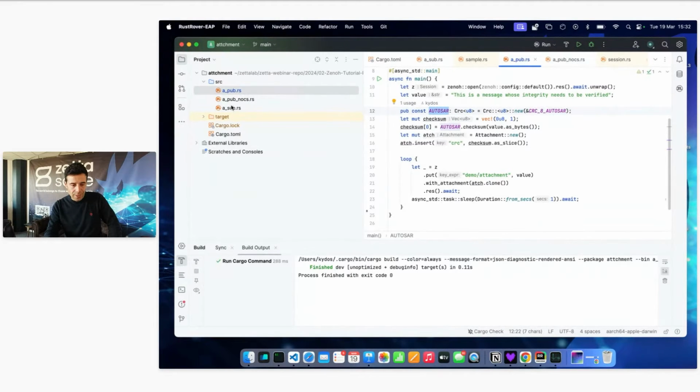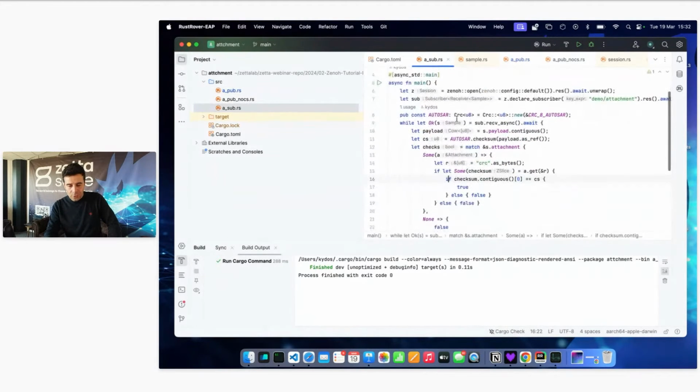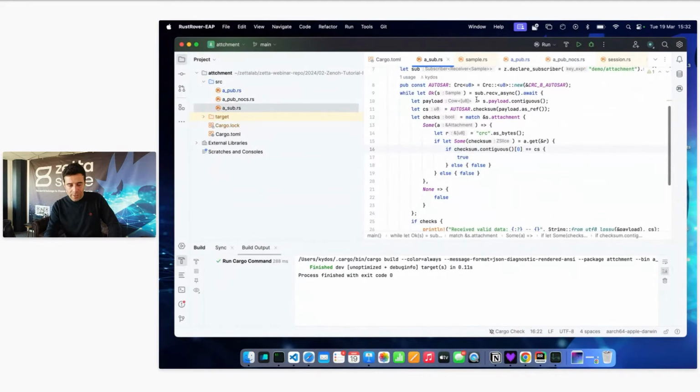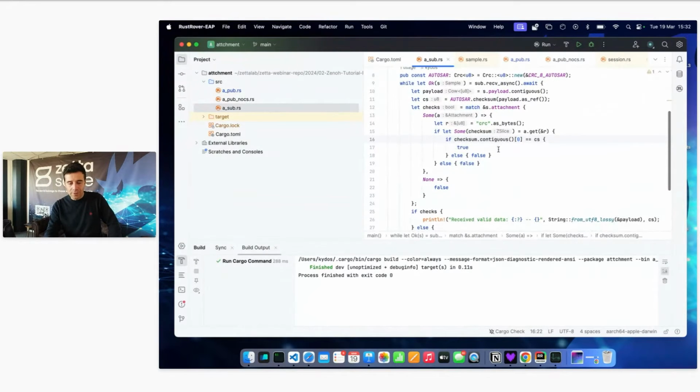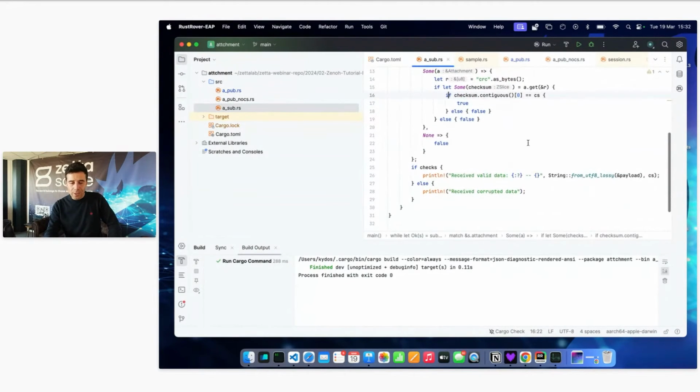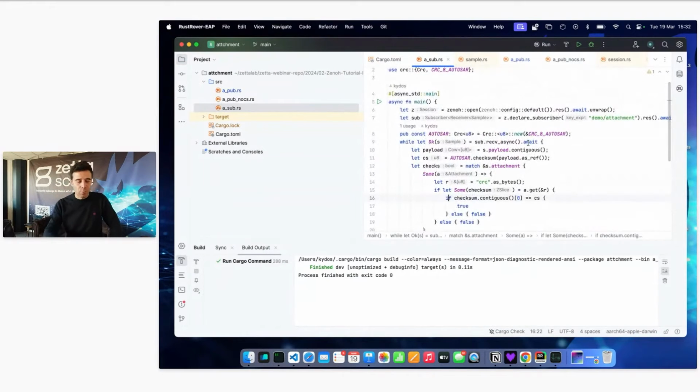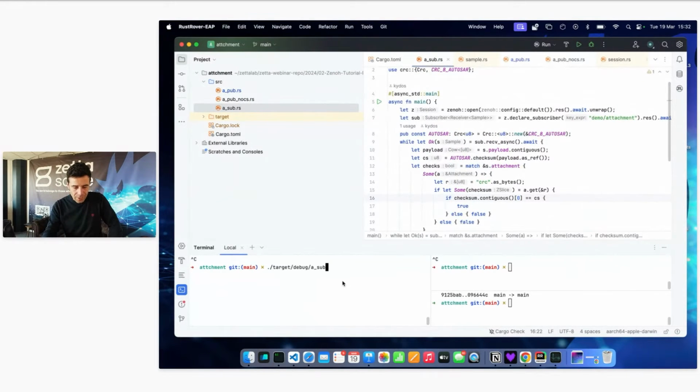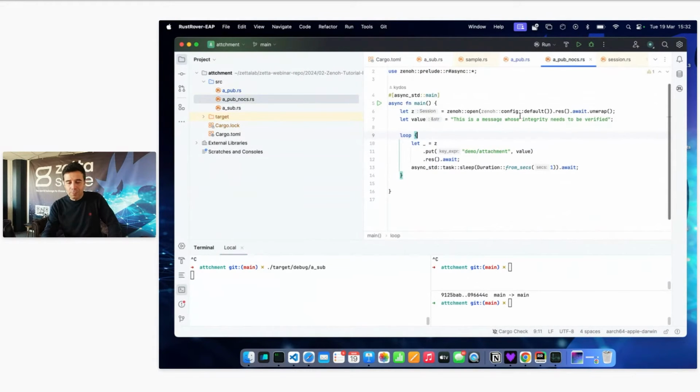And on the receiving side, as shown above, we extract the payload, we check to see if there is an attachment, and then depending on whether the checksum is the same as what we compute, we print or not. So what we're going to do now that it has built, let's start the subscriber. And then there is also a publisher that doesn't put any attachment. Okay, so you see this publisher here, it's publishing the same data with the same key, but without putting an attachment. So if we start publishing here